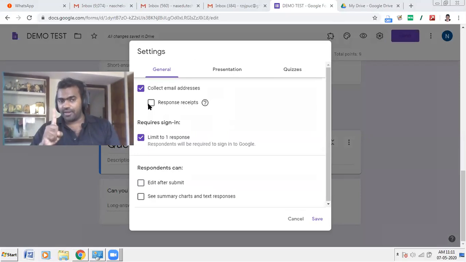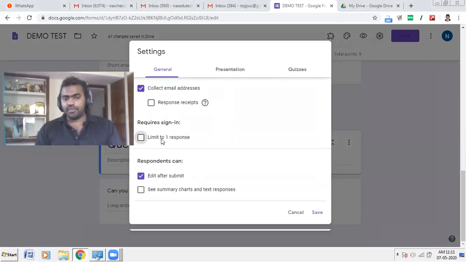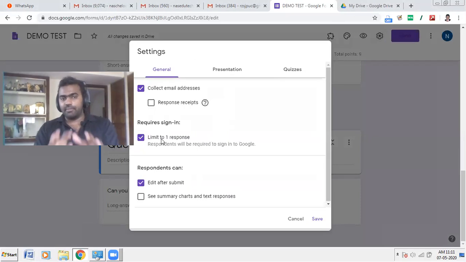From one email, they will only be able to submit once. Otherwise, it will show you have already responded. Edit after submit means suppose I have made my submission, and when I go to this form again with my same email ID, I can edit my submission. But not multiple submissions. Multiple submissions won't be there. Only I will be editing. Okay, right. Thank you, sir.